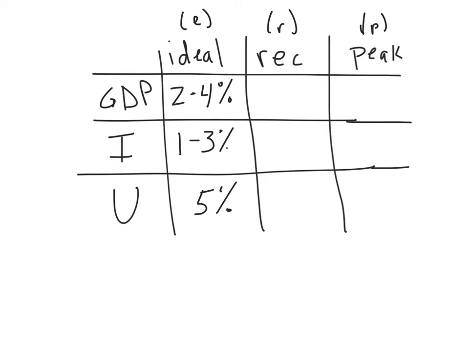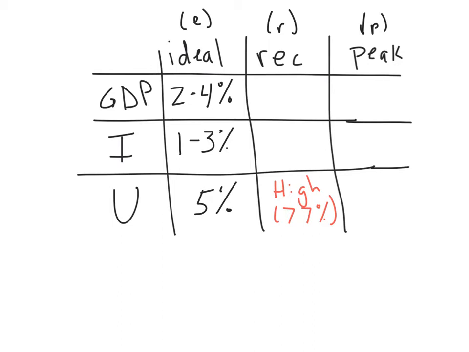Then any deviation from those numbers, especially drastically so, is, for the most part, other than a stagflation period we'll talk about later, either a recession or a peak. So in a recession, if we start at the bottom in this case, unemployment rates tend to be high, much greater than 5%. So we might say something like greater than 7%. Unemployment is going to be problematic and indicative of a recession.